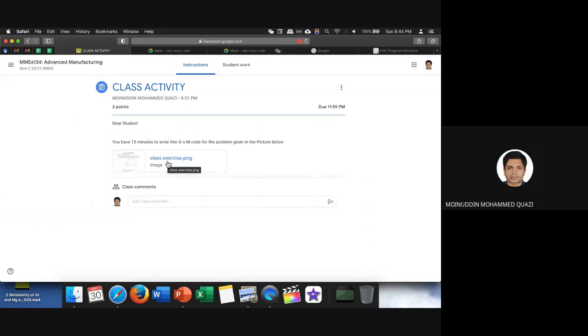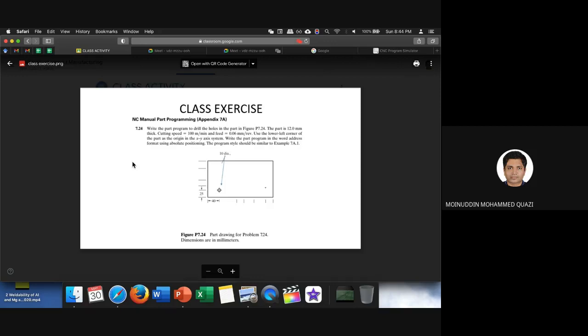You guys have 15 minutes. And if you guys can solve this in the class, then please post it. In the test, I will give you 2 marks for solving this in the class. So these are extra marks I will give you if you guys can solve this in the class and post your answers in Google Classroom. So please proceed and I will give you extra marks in your test number 2 for solving this.